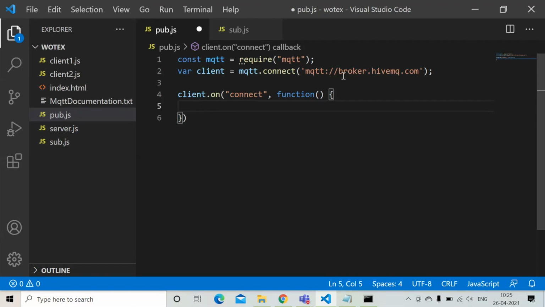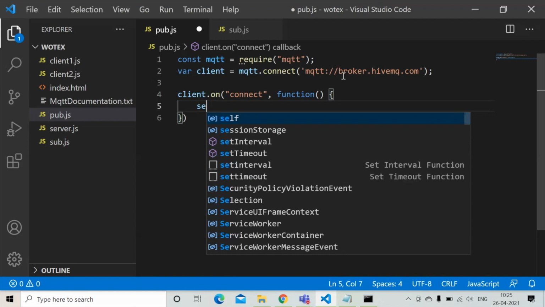Likewise, there will be multiple brokers providing many services. That's how the publisher and subscriber work. Whenever the publisher publishes, the message is delivered to the subscriber's devices. That's how the publish-subscribe model works.